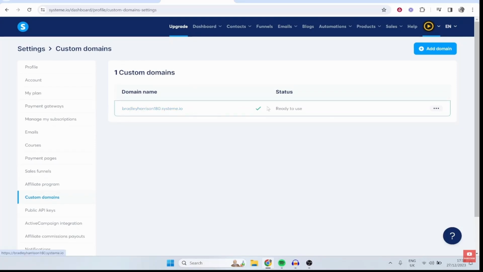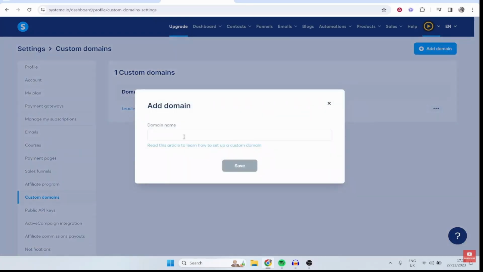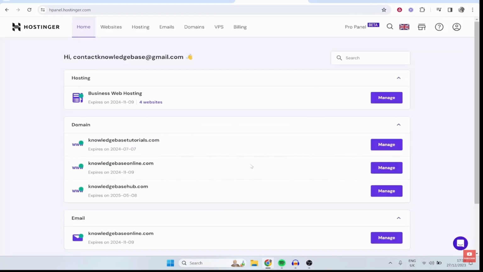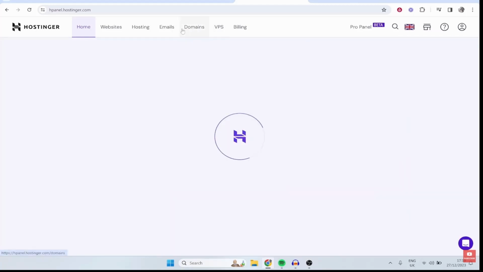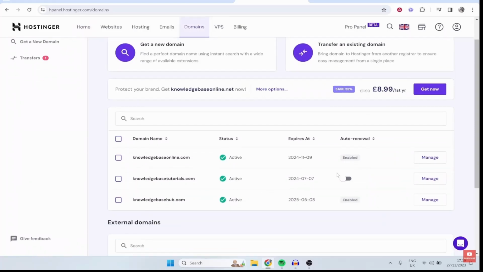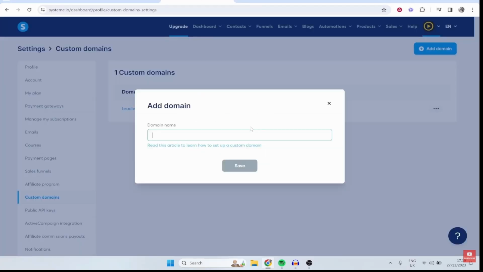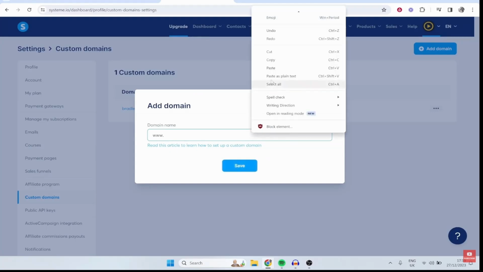What you want to do is type in your domain name. So I am going to Hostinger and log into my account. Once you are inside of Hostinger, you want to head over to domains, or alternatively, you might see your domains here. I'm just going to go to domains and we will choose one to connect to system.io. I will connect this one here, which I'm using now, knowledgebaseonline.com. So I am going to copy that domain. Then we can go to system.io and type in www, and then paste in the domain